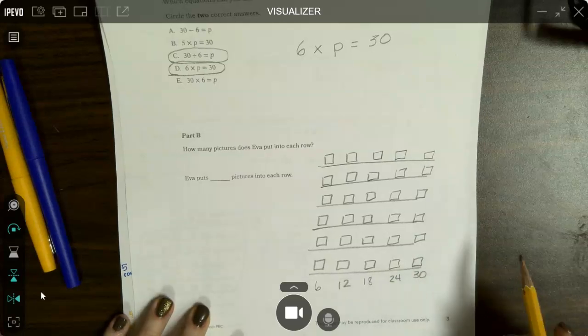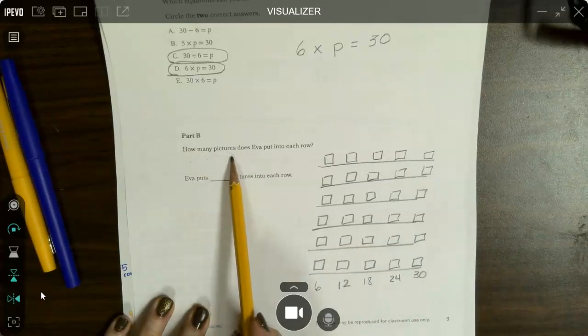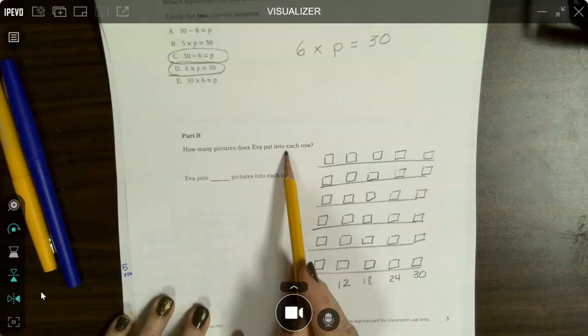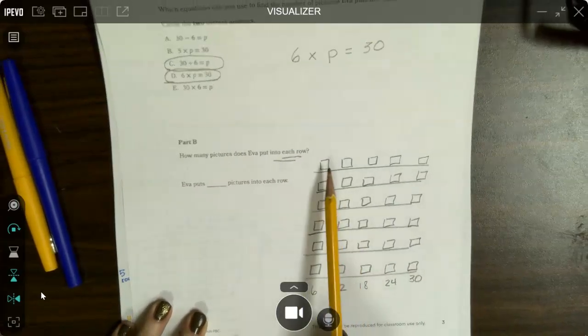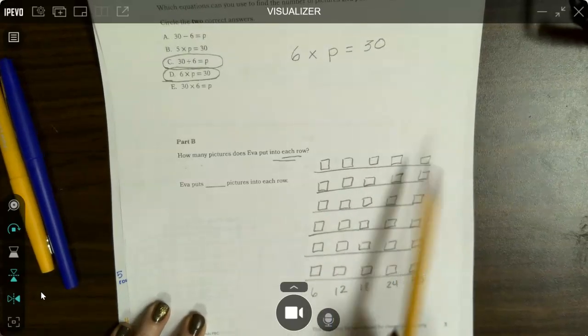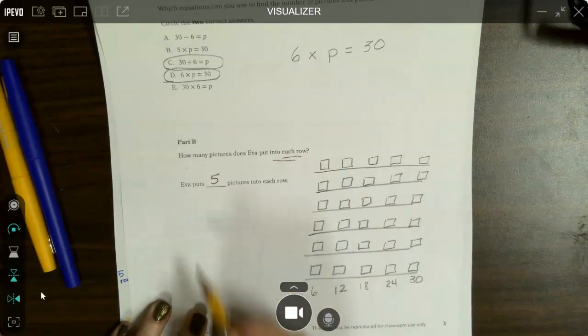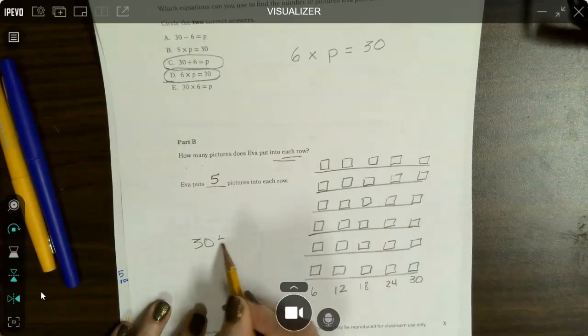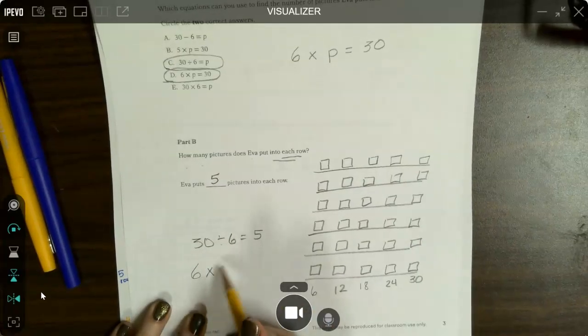Going back to what they asked, how many pictures does Eva put into each row? Okay, each row has 1, 2, 3, 4, 5 pictures. 30 divided by 6 equals 5. 6 times 5